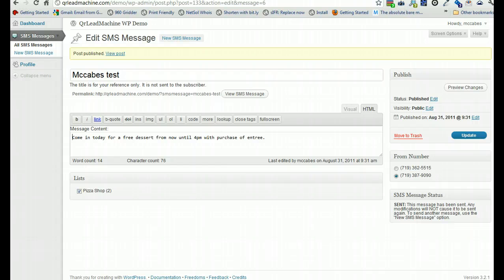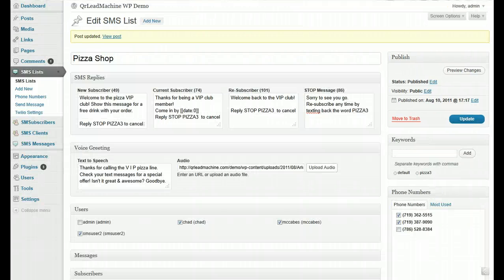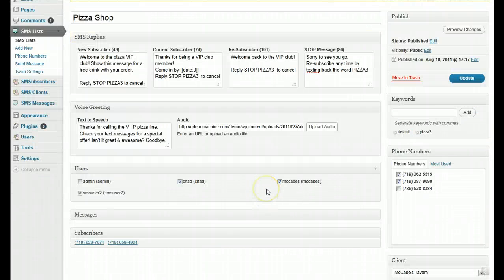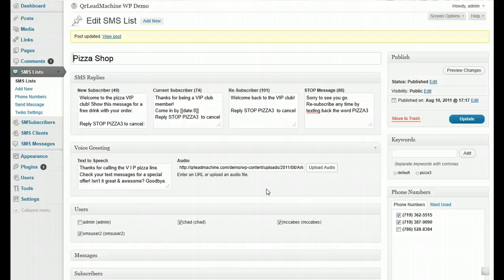Now if I go into, well, I'll just leave it right there. I'll go into more detail on all these features later. But that's how a client would send a message when they log in. So we've created a user account, logged into that account as a test, and been able to send a message. I will end it there, and in one of the next videos we will look into